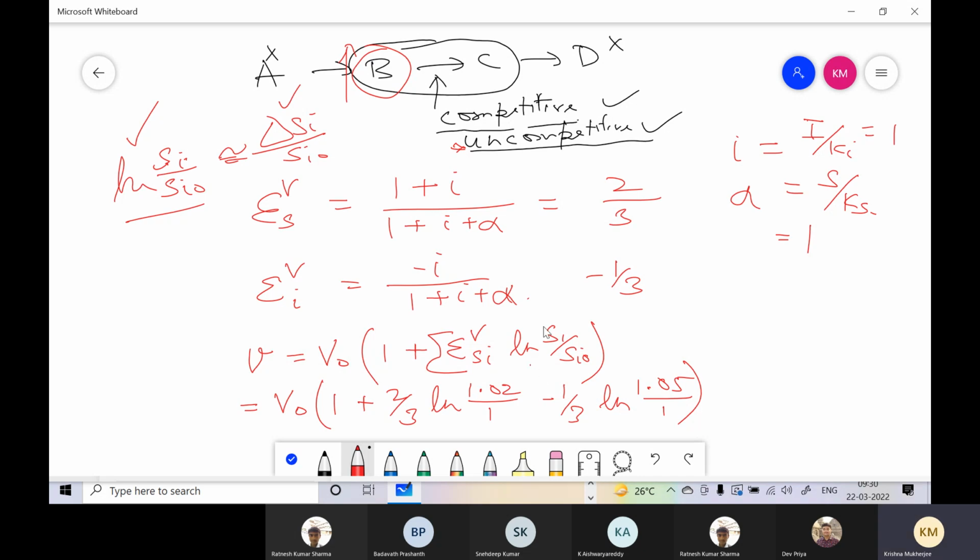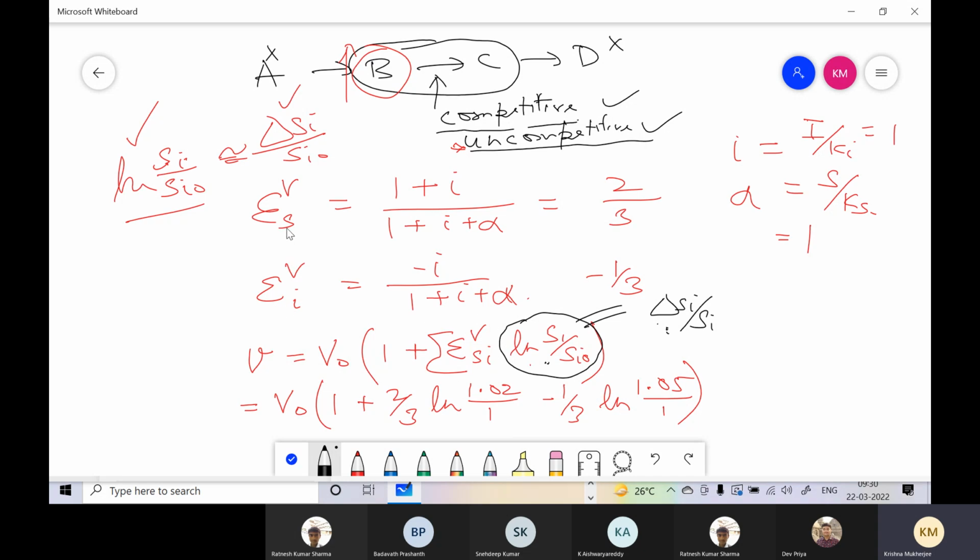So using this, instead of using the log approximation, the linear approximation is delta Si by Si. So if you use this, you get poorer results. If you use this, you get Lin-log. This is Lin-log, this is Lin. Right? So you practice these problems with different